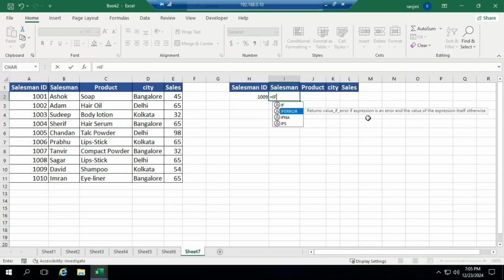If error expression, then error and the value of the expression has to be displayed. So if I type 1020, wherein that salesman ID is not existing in my database, in that case, what message does it have to display? I'll go for IFERROR. Then within that, I'm using